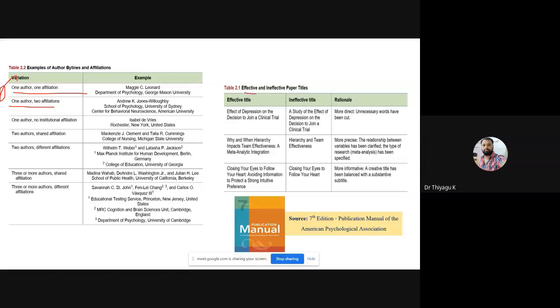When you're developing a paper title or article title or a research title, don't use the words "a study of". Don't start your research work with "a study of". In any effective title, unnecessary words are cut from the heading. Better to go with "the effect" instead of "a study of". Directly you can start with "the effect". They have given some important hints to create a title for your research work. You have to look at the APA book, then you may get a lot of input.